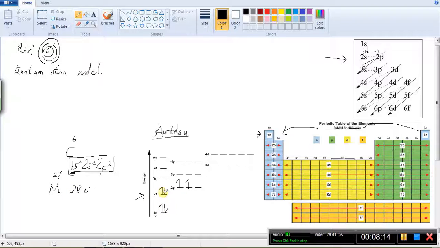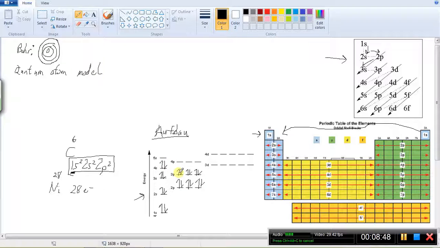1, 2, 3, 4, 5, 6, here's 7, and now they're all unpaired. Now we have to start going back and pairing them up. So there's 8, 9, 10, now I go to 4s, 11, 12, 13, 14, 15, so now they're all unpaired. Now I go back and start doubling. 16, 17, 18,